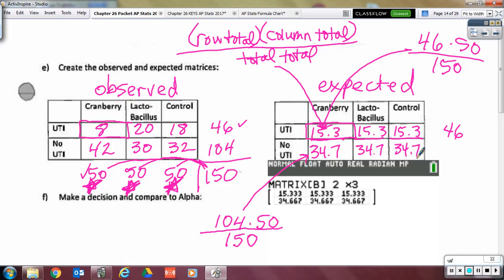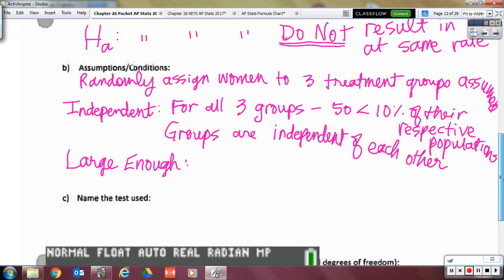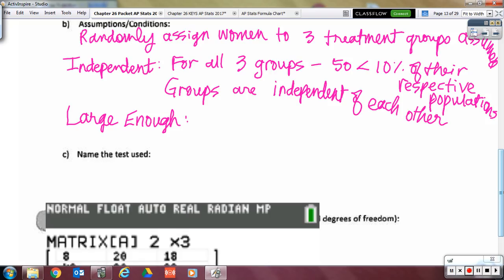Okay, questions there. So, why did we jump over here to do the expected numbers? What am I supposed to look at and recognize from this expected matrix? All of these numbers in this expected matrix are bigger than 5. So that is how I finish out this. That was kind of like a side step we had. So large enough. As you can see from the expected matrix,